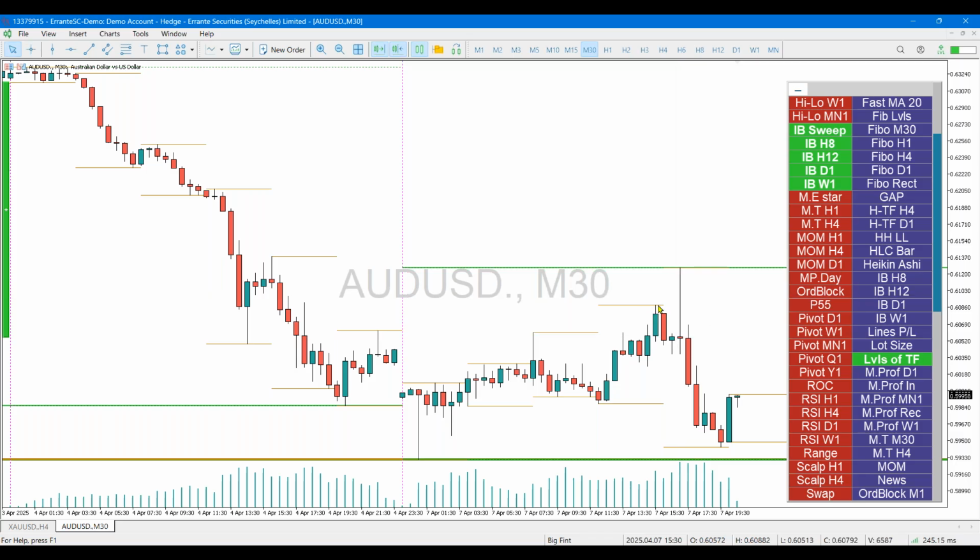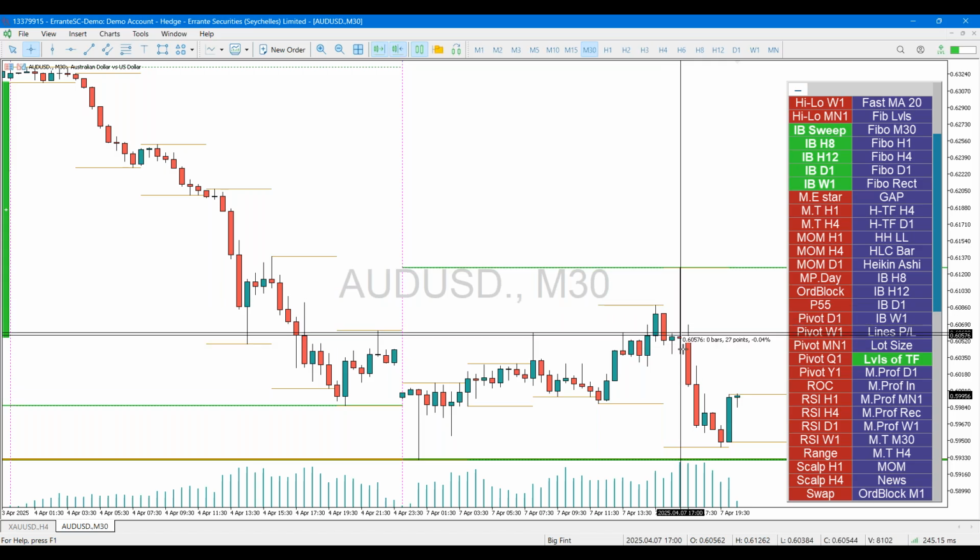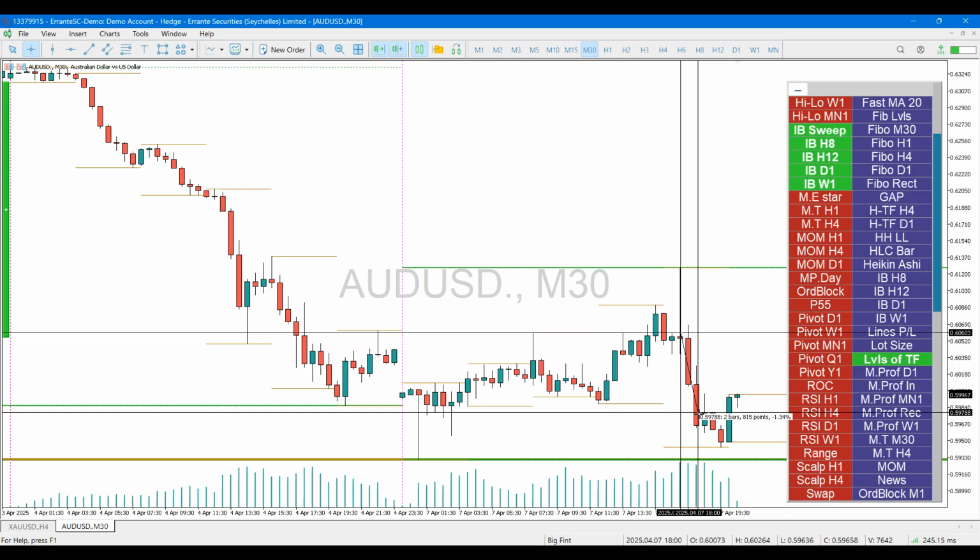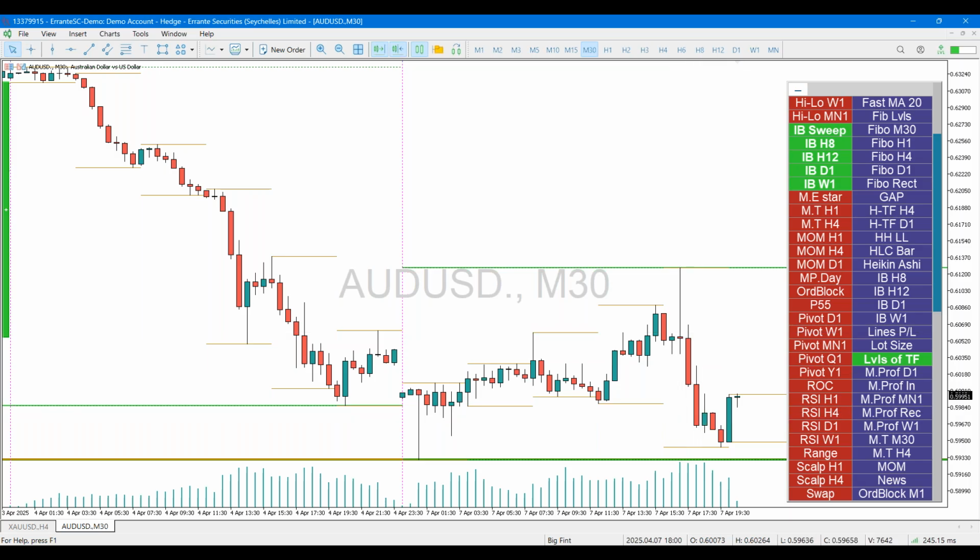All the sellers over here were stopped out. The buyers over here on the smaller time frame took the buy position and the market moved downwards, and they were also stopped out. Then the panic sellers and panic buyers have also come into the market, and they have also been stopped out, and now the market has moved towards the downside. This is what happens. Don't worry if you have not got the concept on this chart. I'll be explaining in detail step by step as I've made the previous animations.